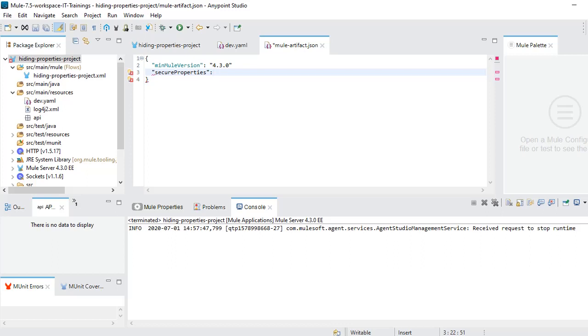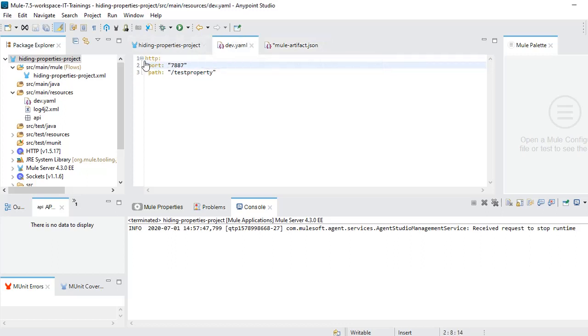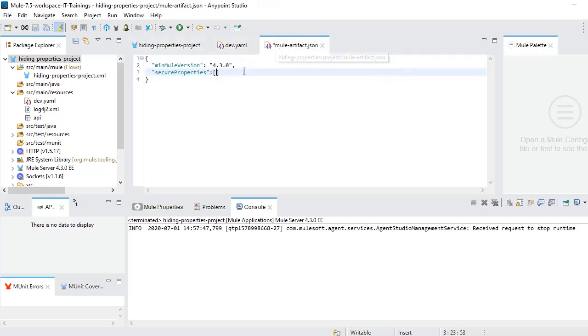We need to give all the key names in the array. As this is a JSON file, we need to give key-value pairs. So we are going to mask http.port and http.path. We need to provide those keys here. You don't need to provide any values, only key names.